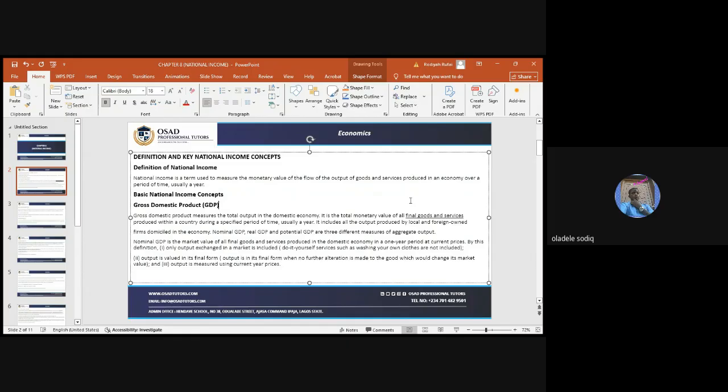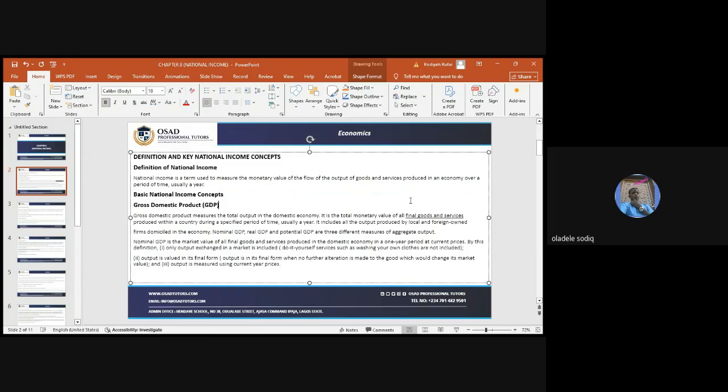It includes all the output produced by local and foreign-owned firms. Domicile means within the economy. So when we are talking about GDP, we are talking about all the monetary value of goods and services that are produced within the country. And it also includes those that are produced by local